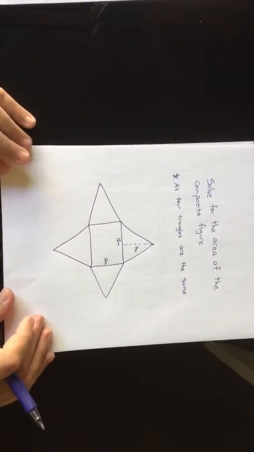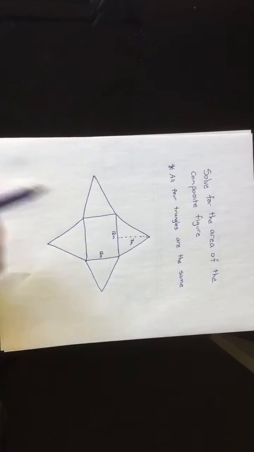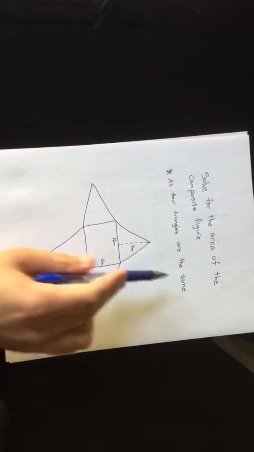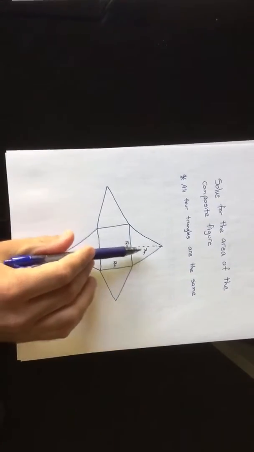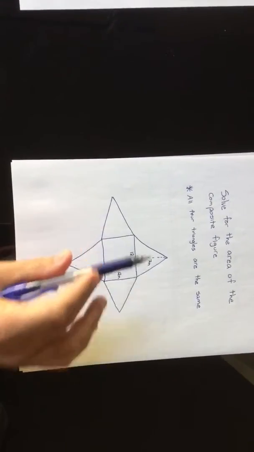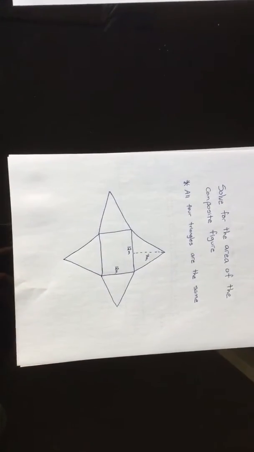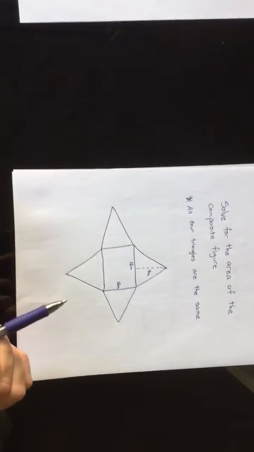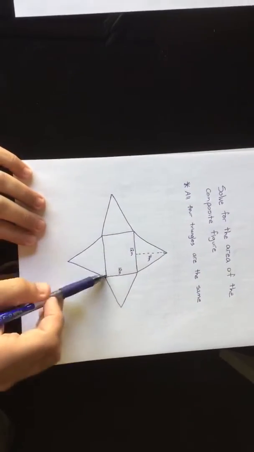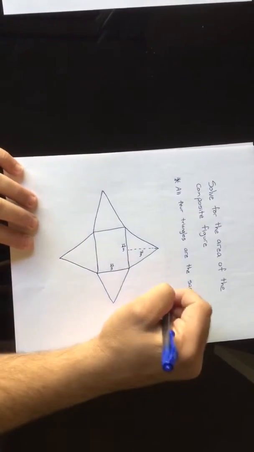Next one. Solve for the area of the composite figure. Now notice how it says all four triangles are the same. So guys, that means if you find the area of one triangle, you just have to multiply it by 4 because we have 4 triangles that are the same. Okay, so here are my 5 shapes. I have this thing on the inside, which is a square, even though it doesn't look like it. It is a square